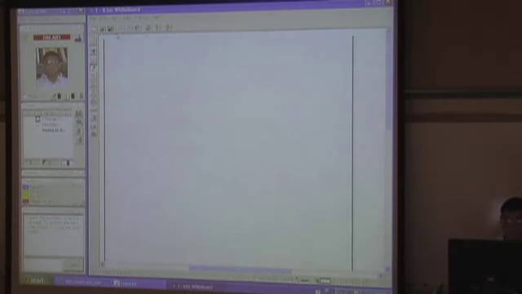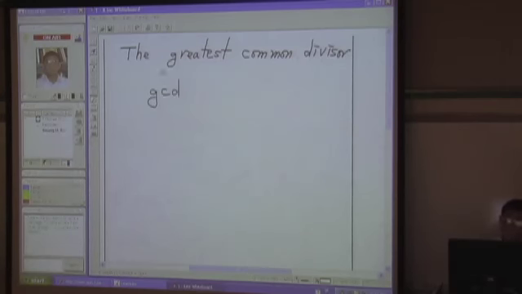So the greatest common divisor, in short, the notation is GCD. GCD of two numbers, A and B,